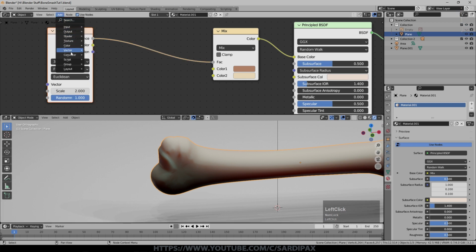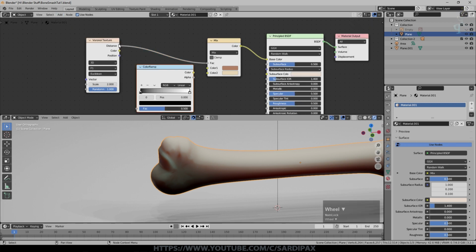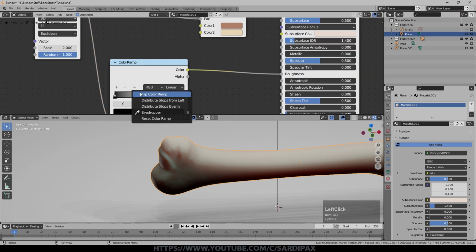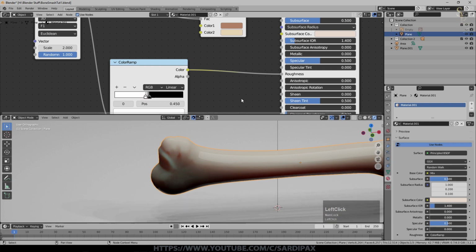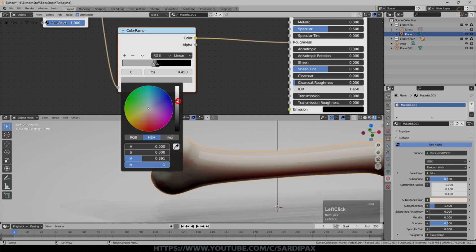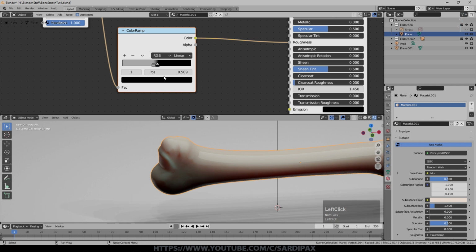I'm going to add under converters a color ramp, take the Voronoi into one side of that and the other side into roughness. I flipped the color ramp and then brought that in towards the middle. So this is the idea of having pock marks on the surface, and I left it on linear. I also changed the white side to more of a light gray and the dark side to a darker grey, so it was a more subtle effect.